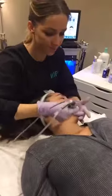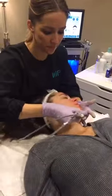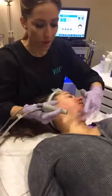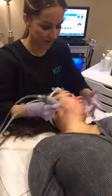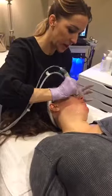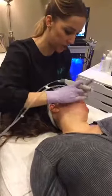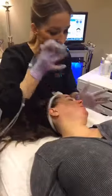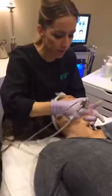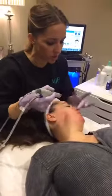There's another question. Can this cause changes in skin pigmentation for clients with darker skin? So is it safe for people with dark skin? And if they do, is there any risk of pigmentation change? Another fantastic question. So this is completely safe for any skin color, and so with darker skin tones,